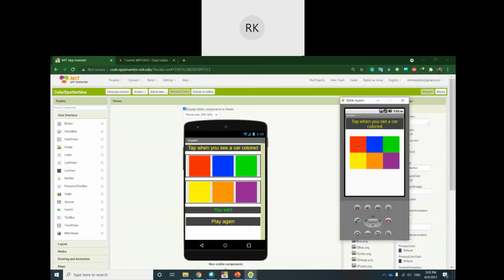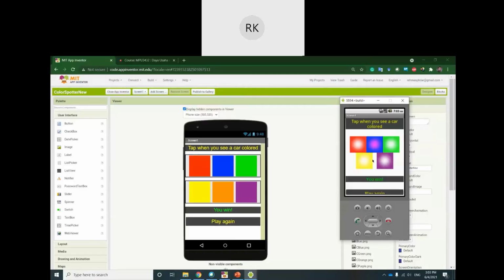If you click the red button, it has the red image now, but when we click it, you see the image has changed, and its status changed, meaning a red car has been spotted already. Then blue, then green, then purple, maybe yellow, and then the last one.